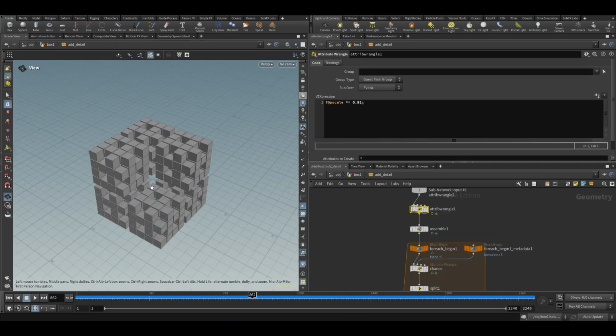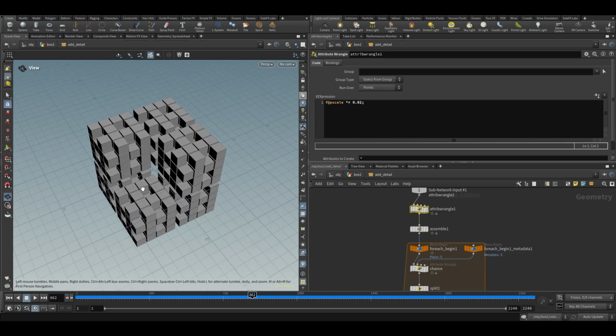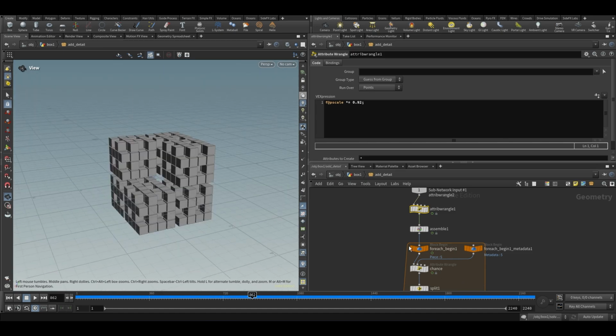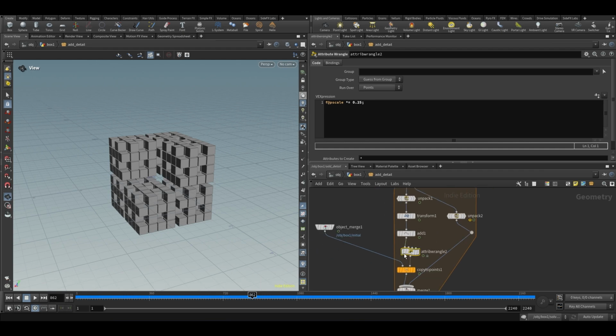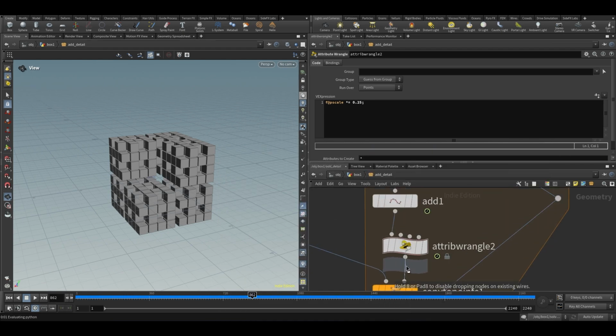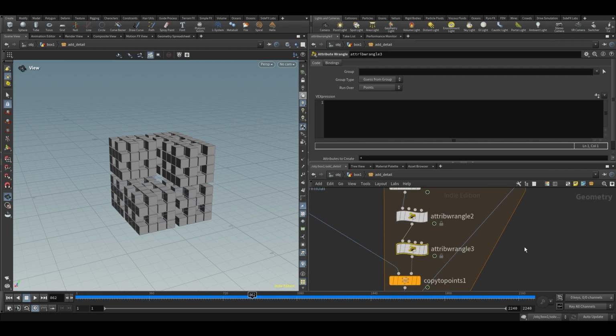But if you see, it is all oriented in the same direction. So let's do something to fix that. Okay, we'll put down another angle just before the copy to points. And I didn't find a better way to do this. Again, I'm going to create another iter value. We'll just call it it detail